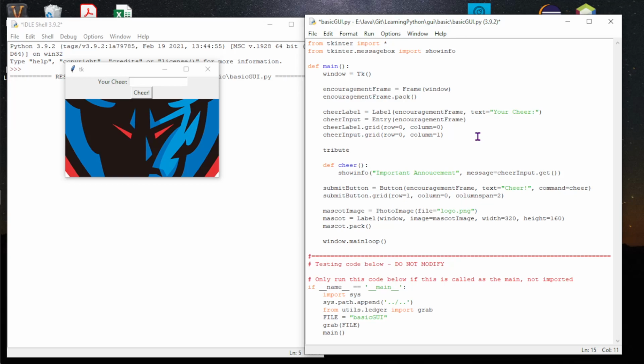And it's going to be a text box. The text box allows us to have multiple rows and columns, if you will. Instead of just one line of some number of characters, you can have multiple lines of text being input. That's the main difference. It can be one line, but the purpose is to allow multiple lines. So we can put this wherever we want to. I'm going to put it onto our encouragement frame,